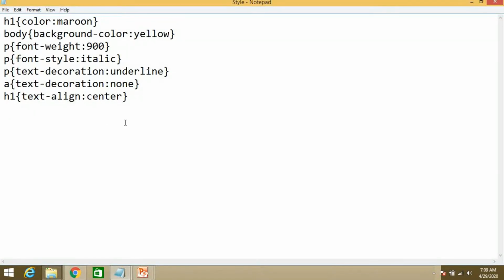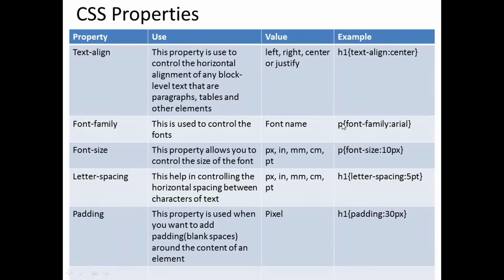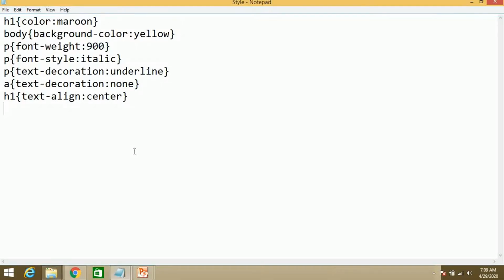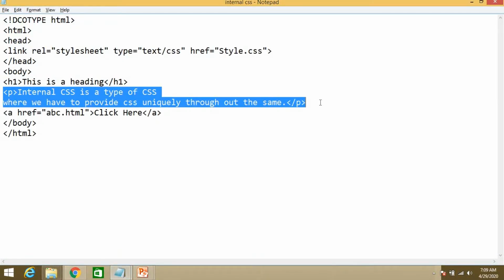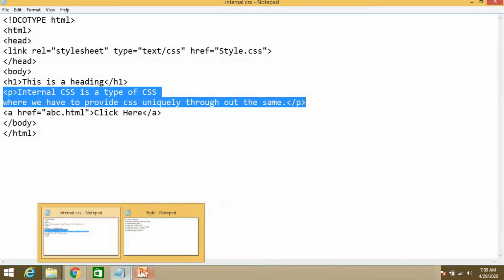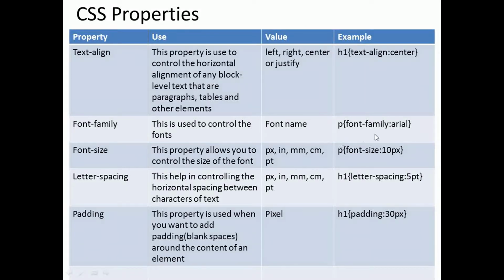Next, let's apply font family Arial to the paragraph. First check whether you have the paragraph tag in your HTML or not. This is the tag you have written for the paragraph. Now this whole text becomes Arial. Let's apply: p, font family, Arial.